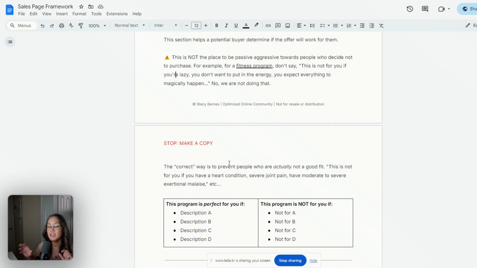people for not buying. But for example, if it is a fitness program, you want to address who's actually not a good fit. So this program is not for you if you have a heart condition, you're pregnant, you have severe joint pain, et cetera, and you want to do it in a way that's not insulting to them if they have it. And then when we're talking about who it's great for, you don't want to say things like, this is great for you if you want to make a lot of money, or for example, in the fitness, since we're on fitness, it's like, we don't want to say this program is perfect for you if,